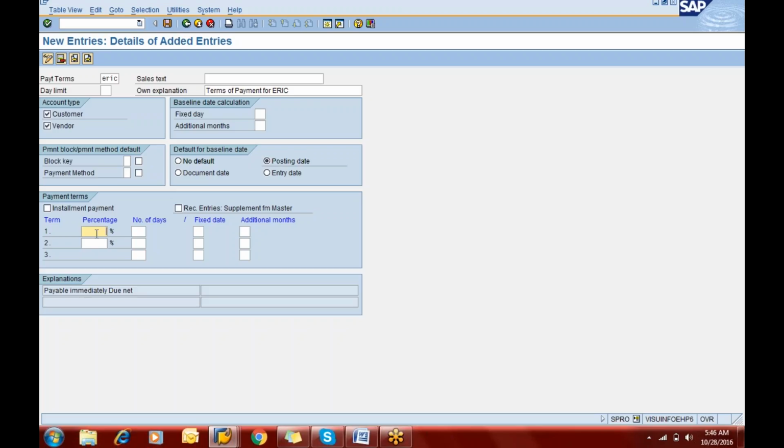Ideally we have to do the payment only after 30 days, so here we enter the maximum number of days. But if we make the payment early, within 10 days from the date of purchase, we'll get a discount of 3%. And if we do the payment within 20 days from the date of purchase, we'll get a discount of 2%. If these are the terms of payment you have, you can save these terms of payment and